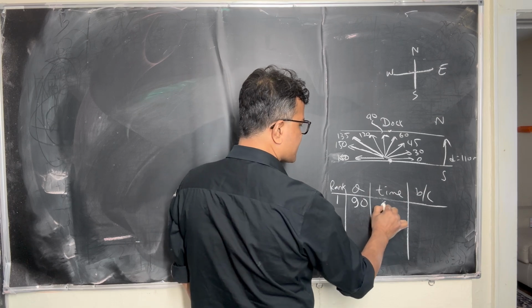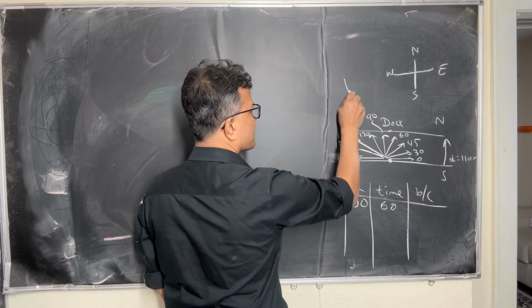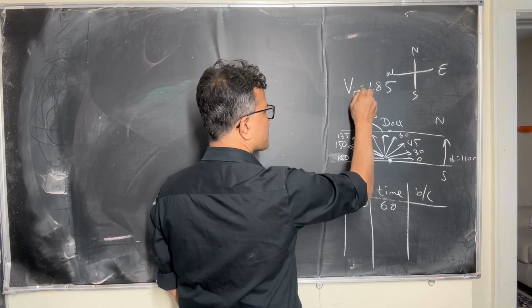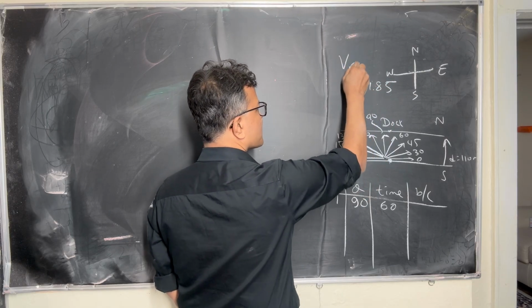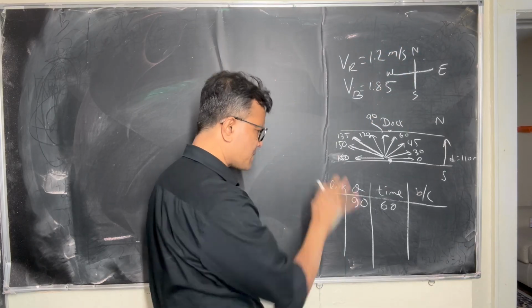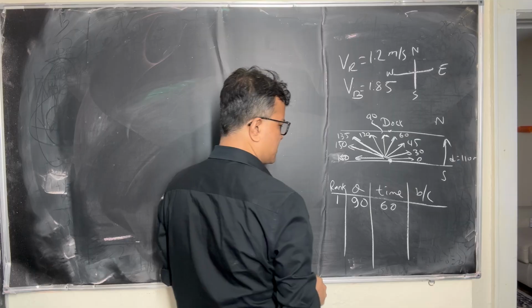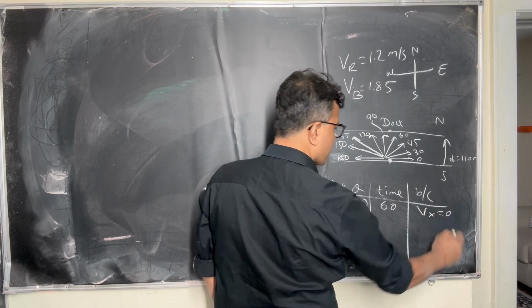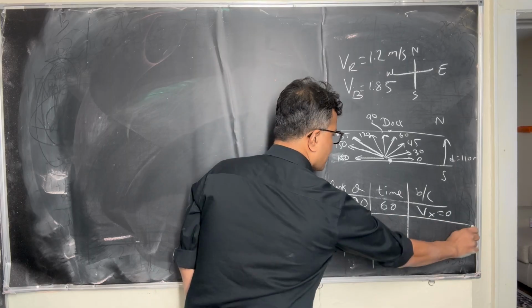Okay, rank number 1 is 90 degrees. Time is going to take 60 seconds, if the velocity of the boat is 1.85 and the velocity of the river is 1.2 meters per second. This is the problem that we solved in the test, because Vx is 0. Okay, rank 2,